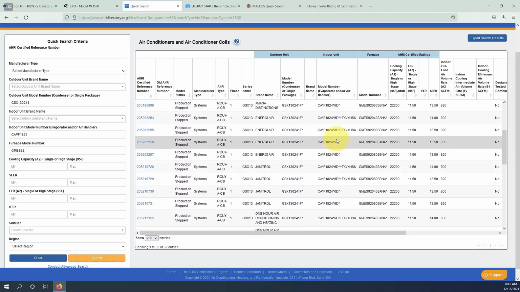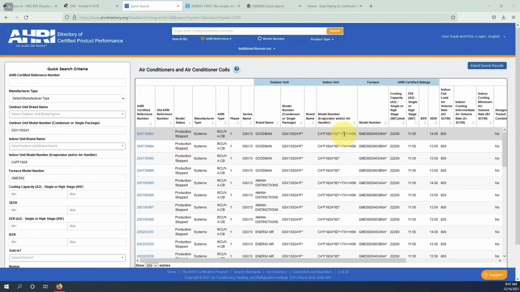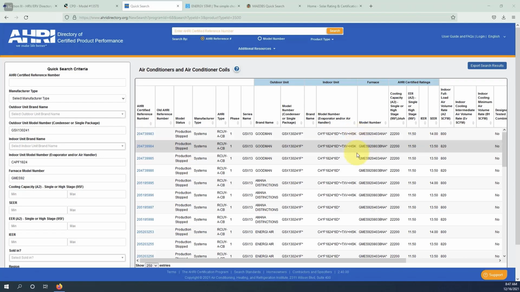So we have all of these. We see that some of these have a TXV and an HSK. TXV is a thermal expansion valve. HSK is a hard start kit. A hard start kit will give the compressor a higher starting torque under a low voltage. So we don't know if those are included or not. There's no information about that, so we can add that as one of our questions, whether or not it